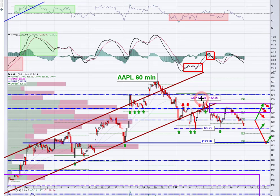Apple. If you look at the daily chart, it gives a real nice look that on Friday there was an intermediate trend line on the daily chart that was violated and price was below. So now you're going to have a gap open higher, and the last time I looked before I started the video, it was right around 129. I think 128.50 is the key. That's your pivot on the 60-minute time frame. I think as long as price holds above, you're fine for bulls. But if price loses 128.50, it's going to fill that opening gap and possibly come down here to 126.25, and